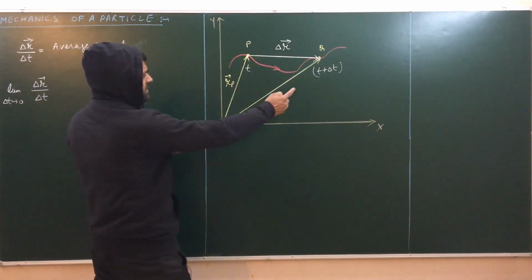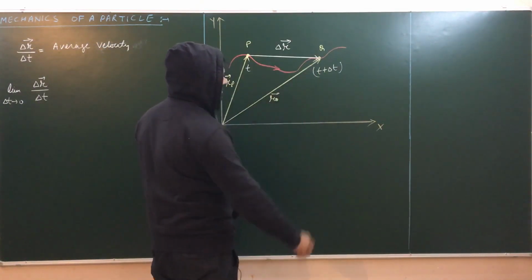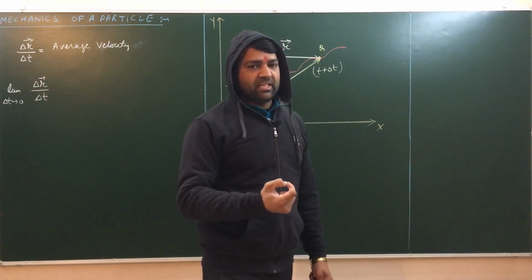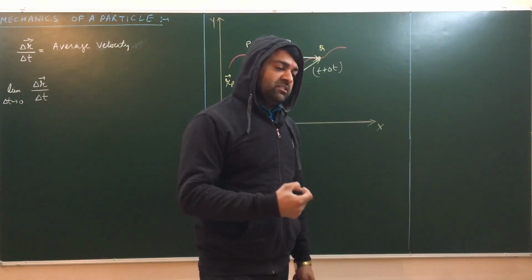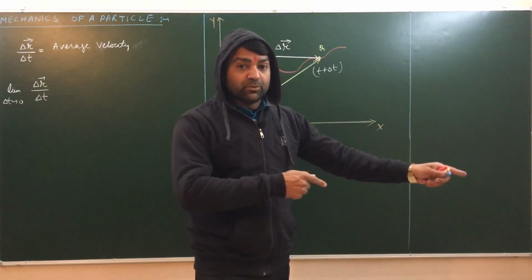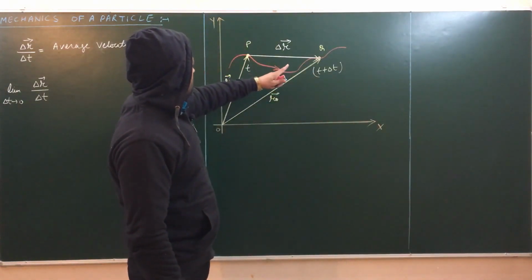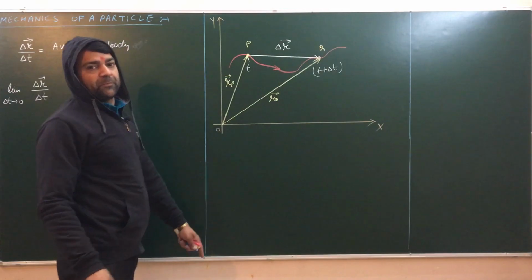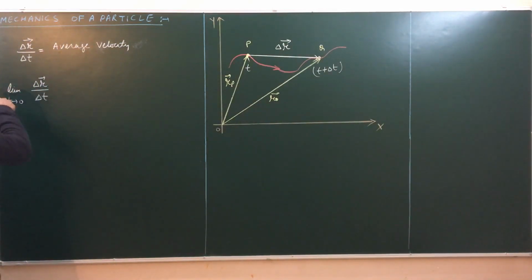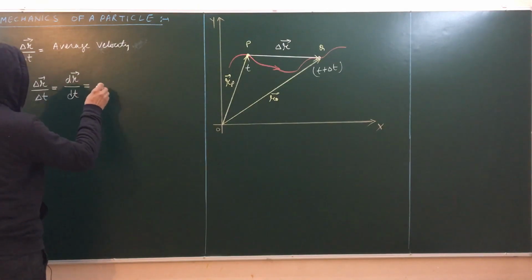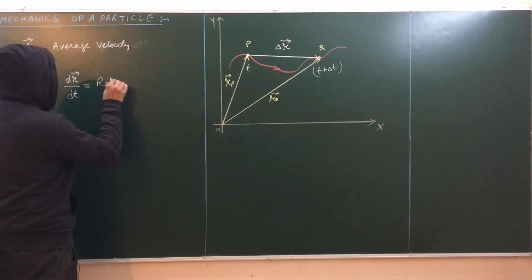Student, if this delta t tends to 0, in this case we have taken delta t as 2 minutes. If we take it as 1 second or 0.1 second, 0.01 second, 0.001 second, 0.00001 second, that is the meaning of tending to 0. So if we take the time interval very, very small, then point Q will be very close to point P. In that case, this quantity from the mathematical definition is known as the differentiation of R with respect to time t,